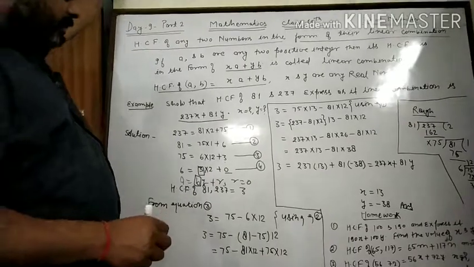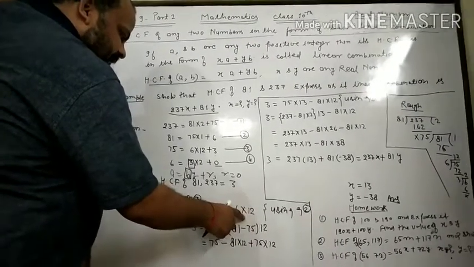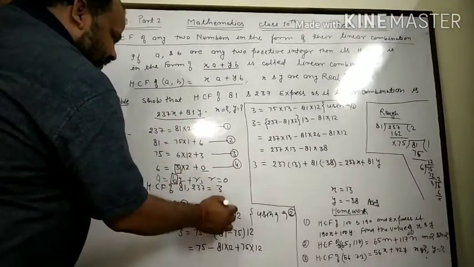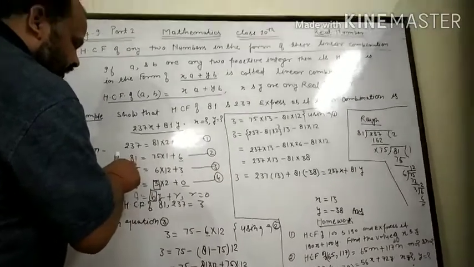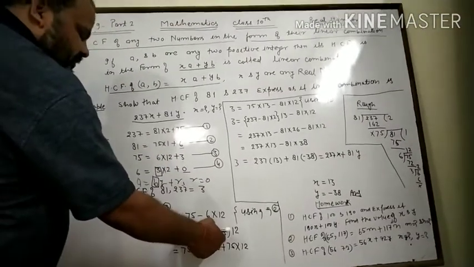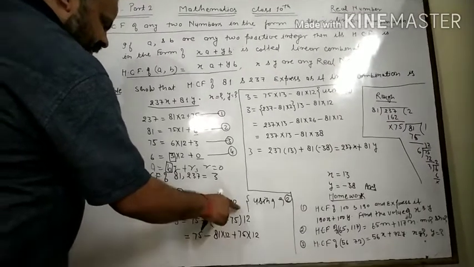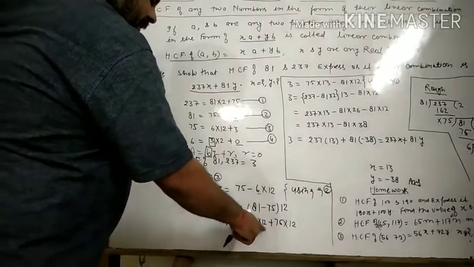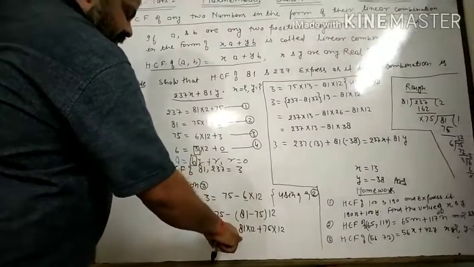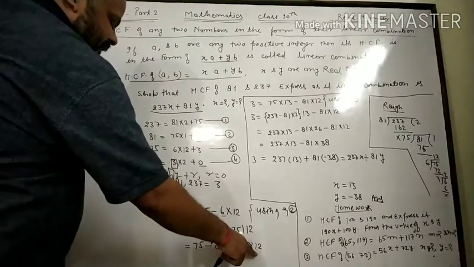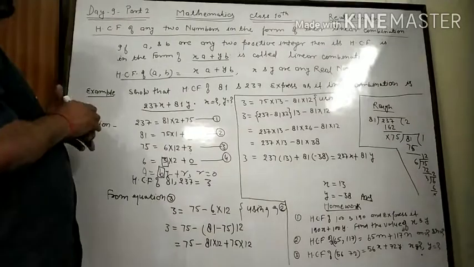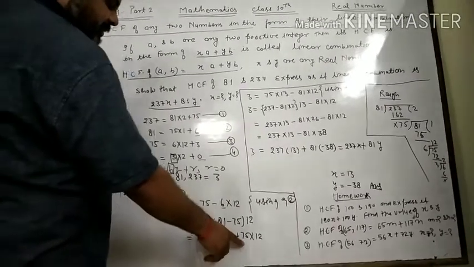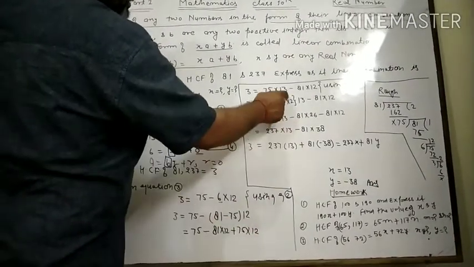Okay. Now in this equation, using equation 2, in place of 6 you can put 81 minus 75 into 1, means 75. Means in this you can use equation 2. Then you get it this way: 75 minus the bracket, 81 into 12 minus, minus plus 75 into 12. Again 3 is expressed as 75 into 13. Why 13? Because 75 is plus and 75 into 12. Then it is 13 into 75.